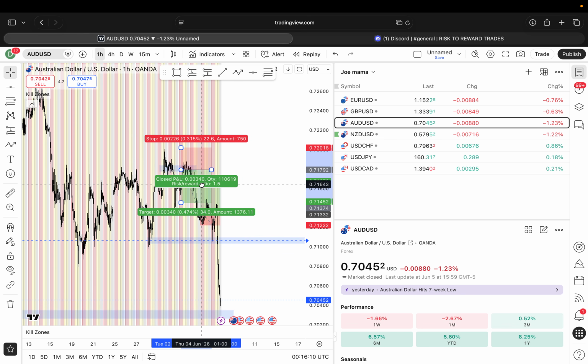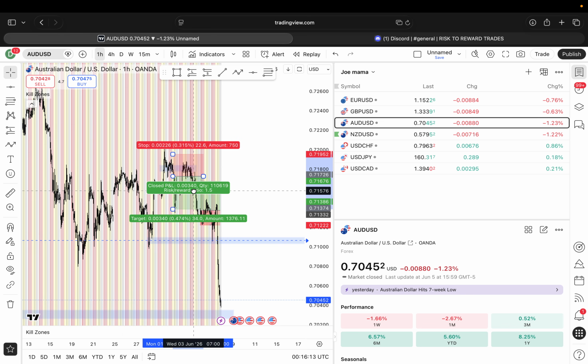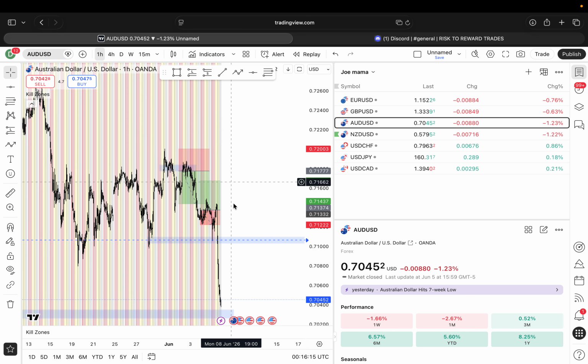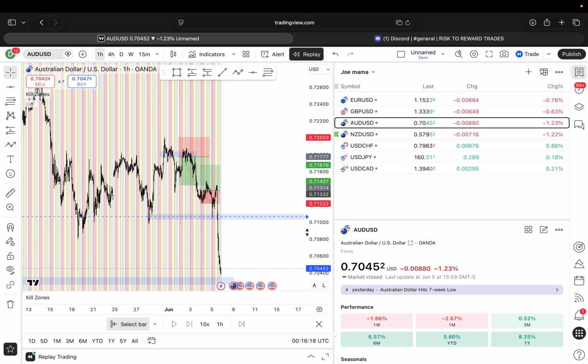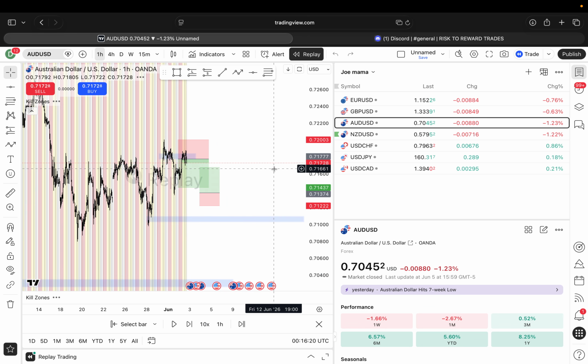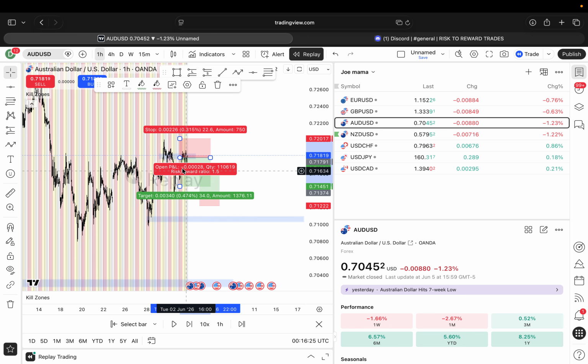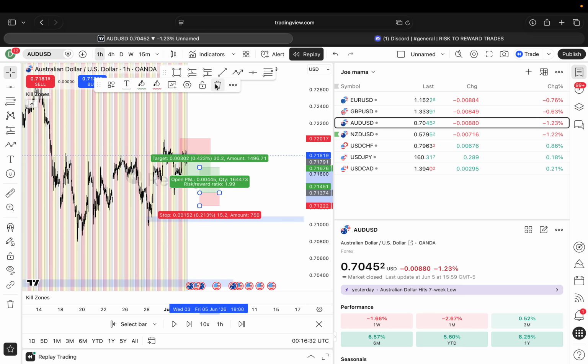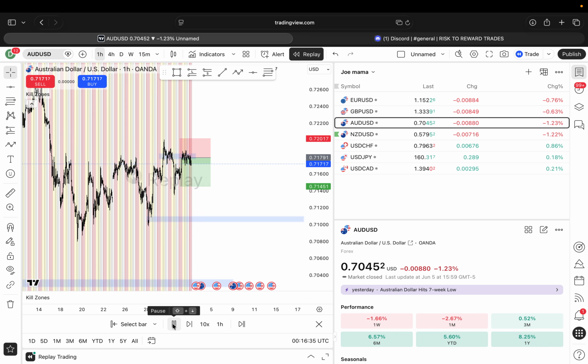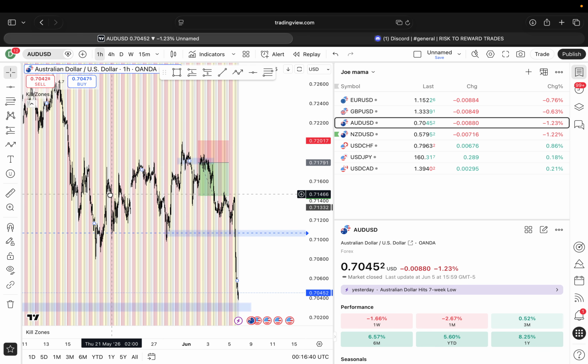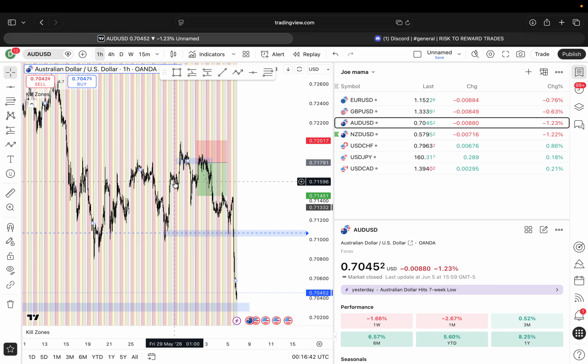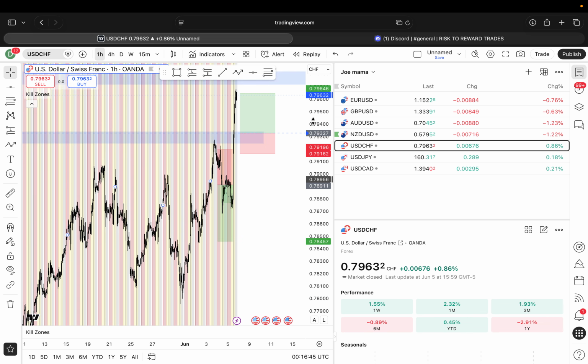So I got in, literally, I want to say around right here. So, wait for a little pullback. Yeah, I got in around right here. So I put my stop loss up here, and my risk reward was a 1 to 1.5. So TP also got hit on this trade. So on Tuesday I won 2 trades, and also on USD